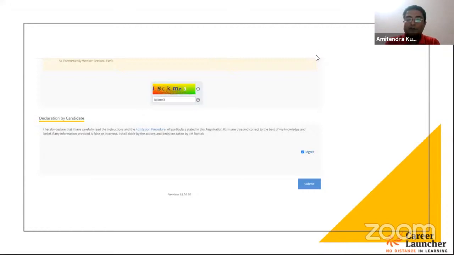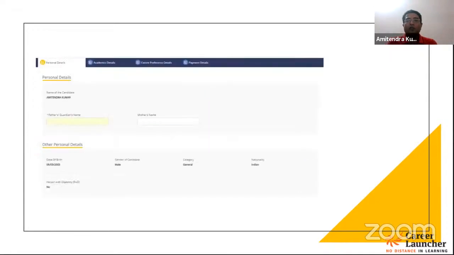So once you have submitted the registration form, you will receive your user credentials within no time frame actually. So within next 30 seconds or a maximum of 1 minute, you will receive your user credentials. Now using that, either you log out, use your credentials once again to log in, or you can continue filling in your personal details. Now you come to the second part of the application process, which is about the personal details, academic details, and your center preferences. So where you want to appear for the examination.